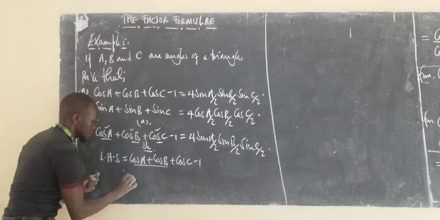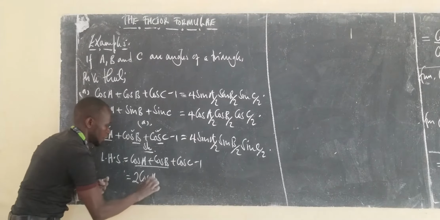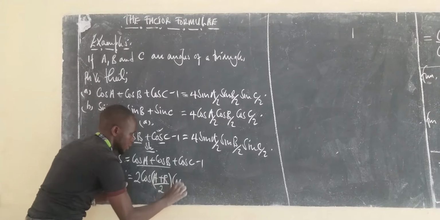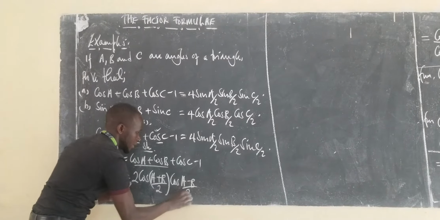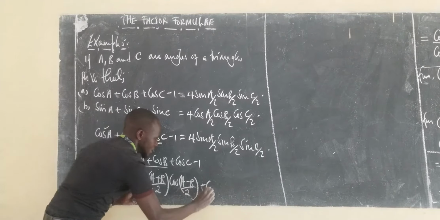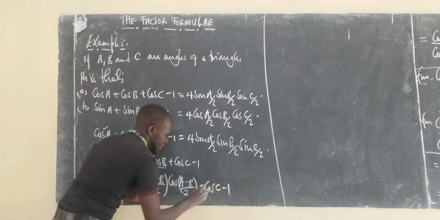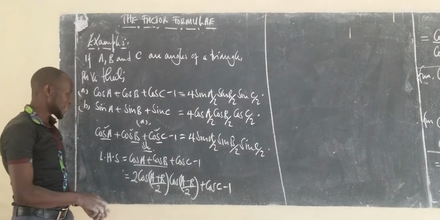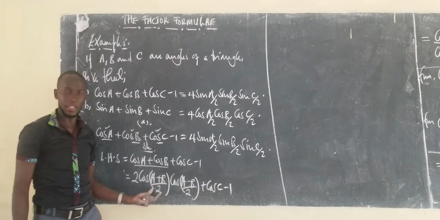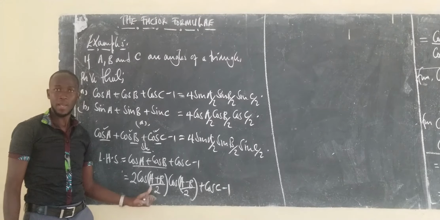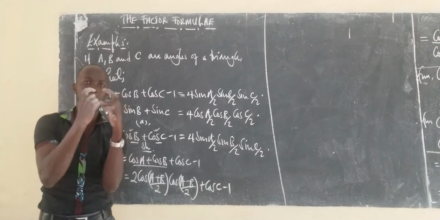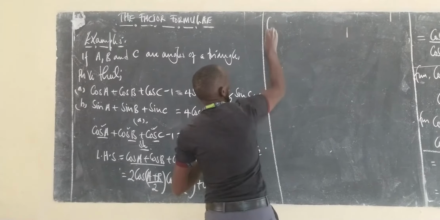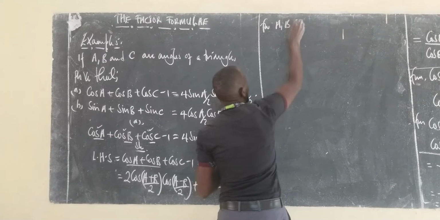So we shall have 2 cos of (A plus B) out of 2, cos of (A minus B) out of 2, plus cos C minus 1. Now, when you look at this, do you realize that the person telling you these are angles of a triangle wanted you to get a sum that is going to 180? So, for A, B, and C,